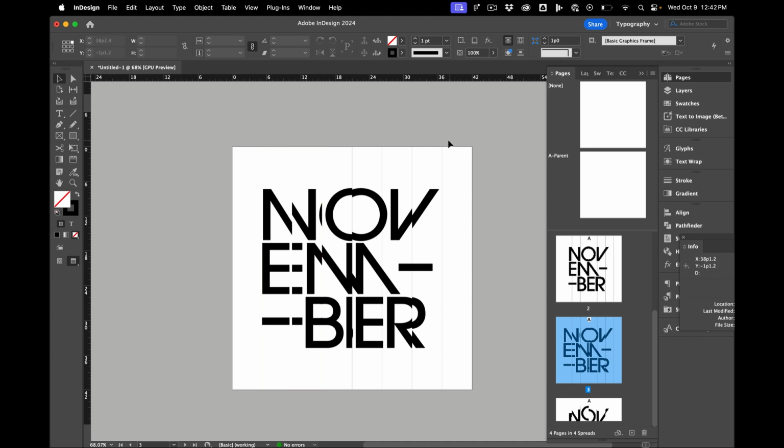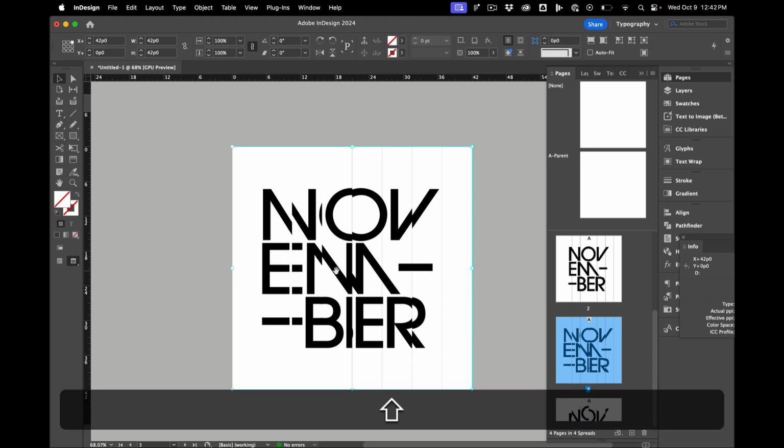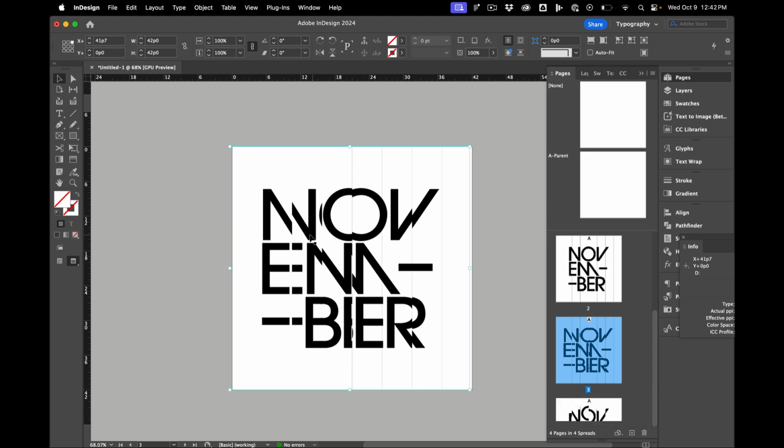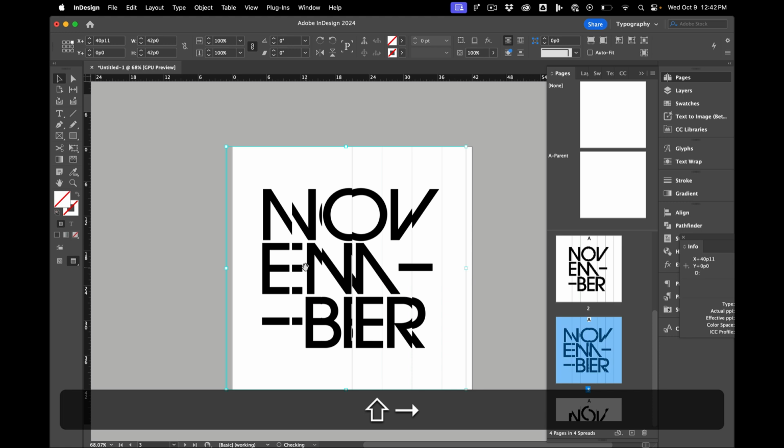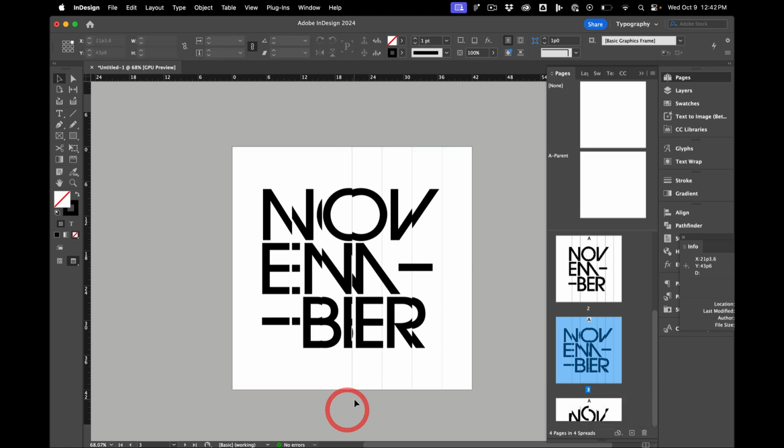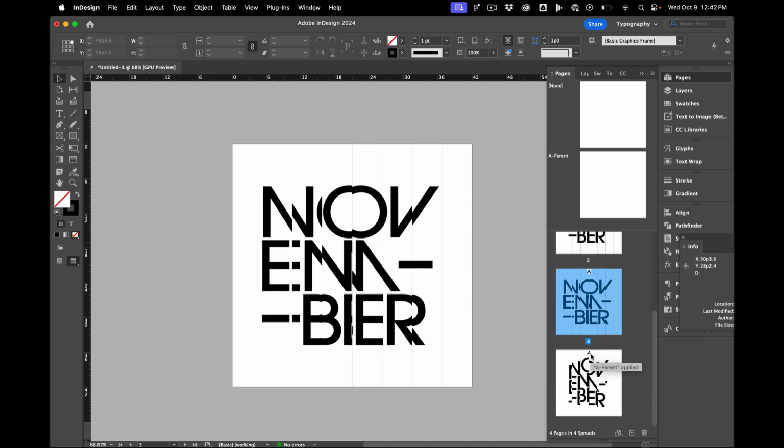And you get this kind of looking-through-glass effect. It feels a little bit like it's moving. It's pretty fun to play with, I think. Right, and then all I'm doing is just double clicking and going into each of these frames and just experimenting with fragmenting the text. Another thing I can do